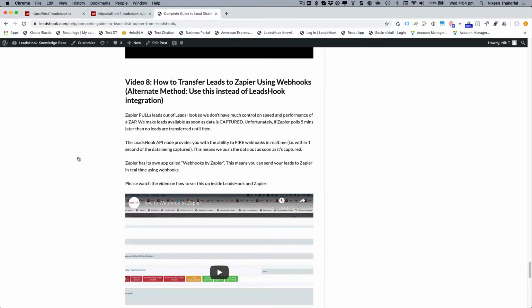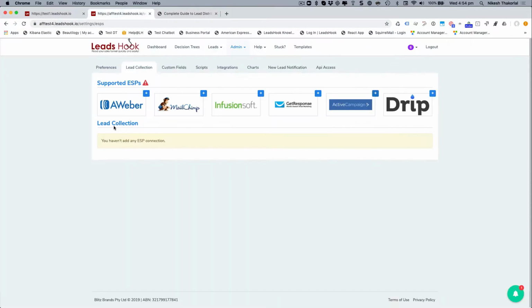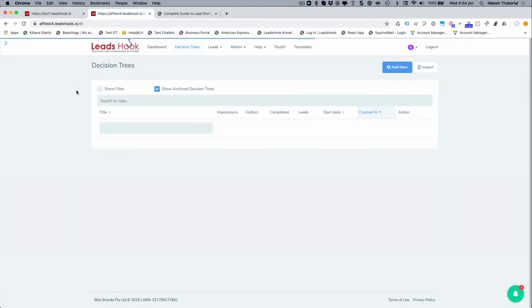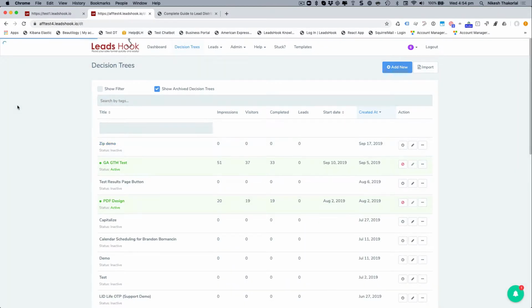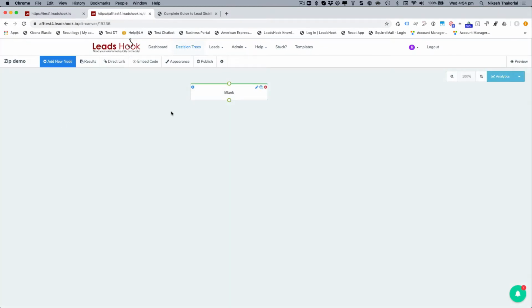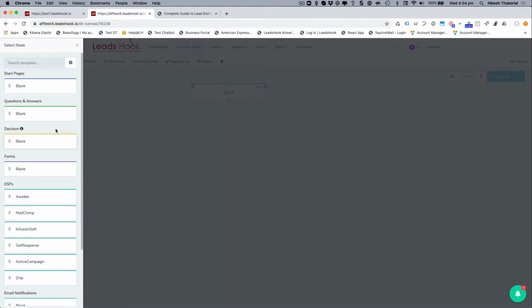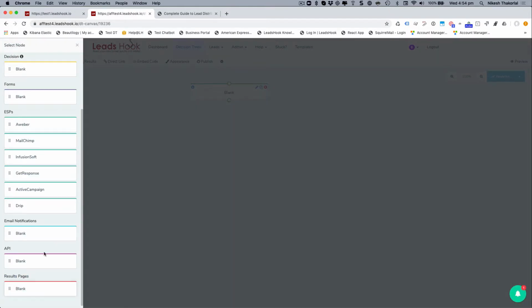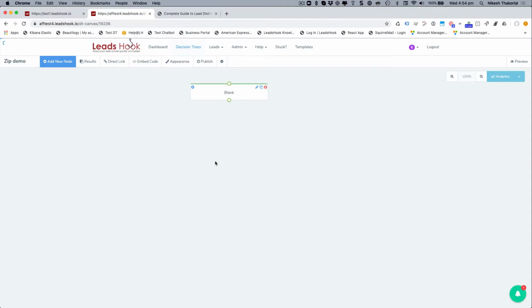Now in the UI, the webhook functionality is available as a node. So I'm just going to go into the canvas, add, scroll down to the API node,